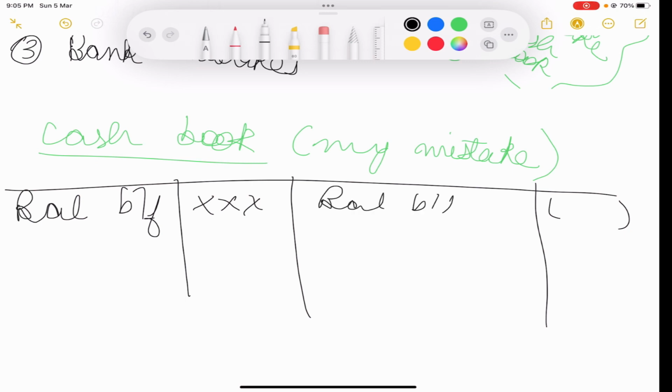Simple. Okay. And whatever mistakes you find when you're reconciling and checking, if my cash will be increasing, then I will debit it. Why? Because my cash book balance is debit. If I have adjustments which will reduce my cash, then I will put it on the credit side. Very simple. And then you'll be having the balance,